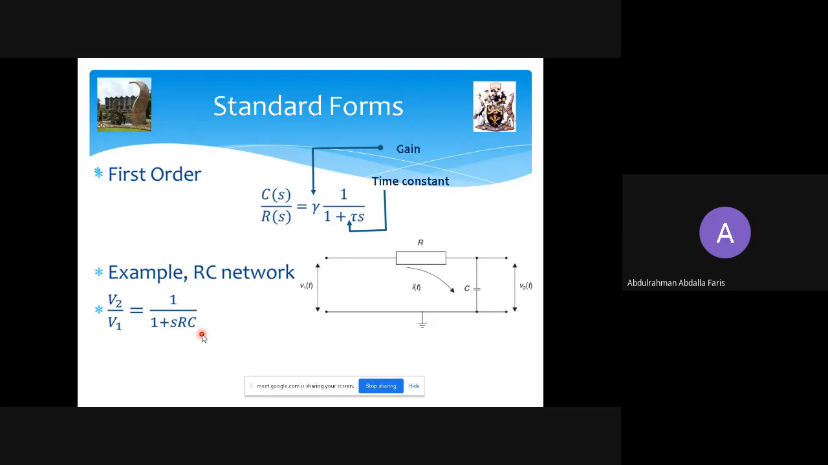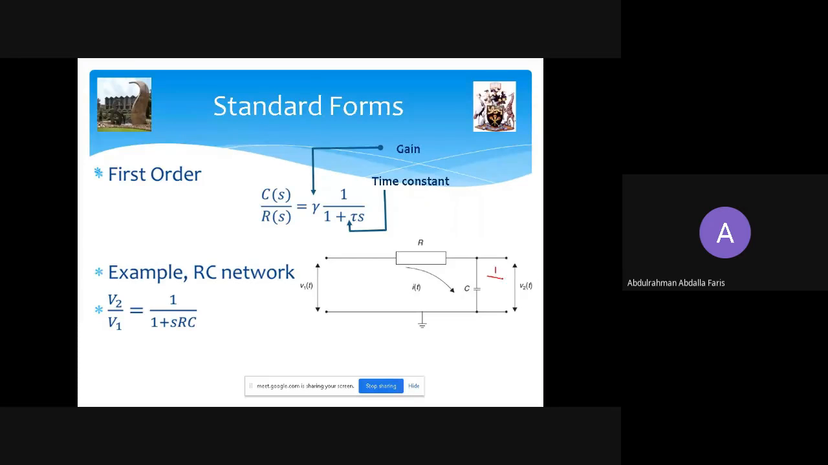So as an example, we can consider an RC network. This is an RC network. You are familiar with this. I know you did this in ECT. But I'll just show you a quick way of how to get the transfer function of this, and then we can also apply it to other problems. So the way I do this, let's say I want to find V2 over V1, I just know this is a voltage divider, and then I transform the capacitor